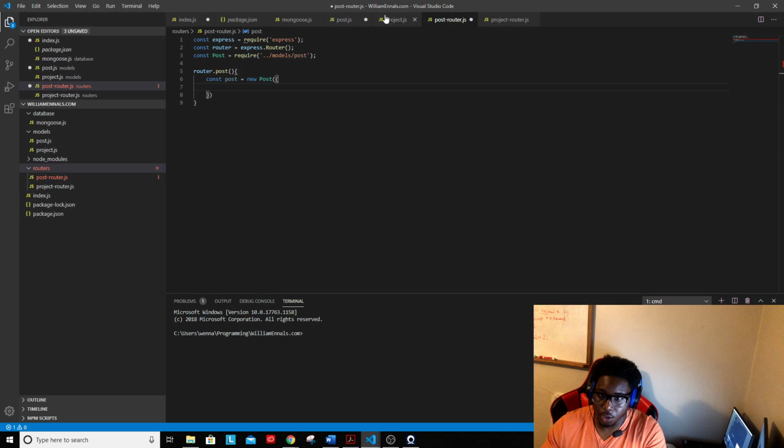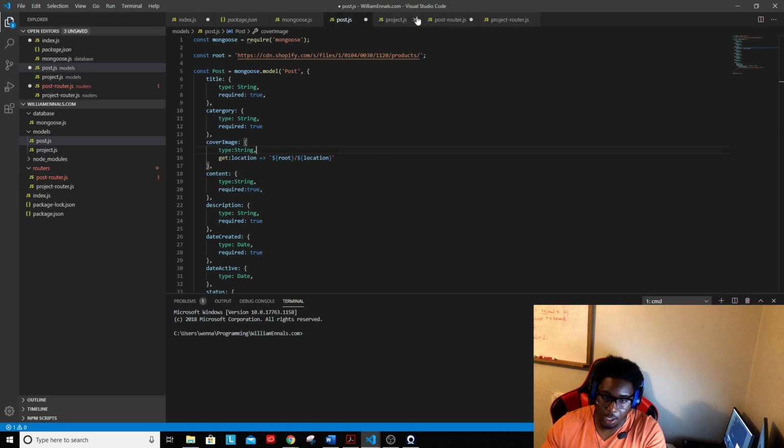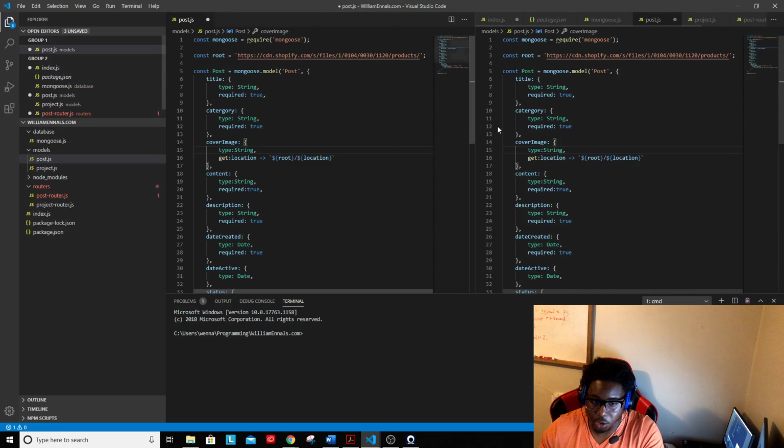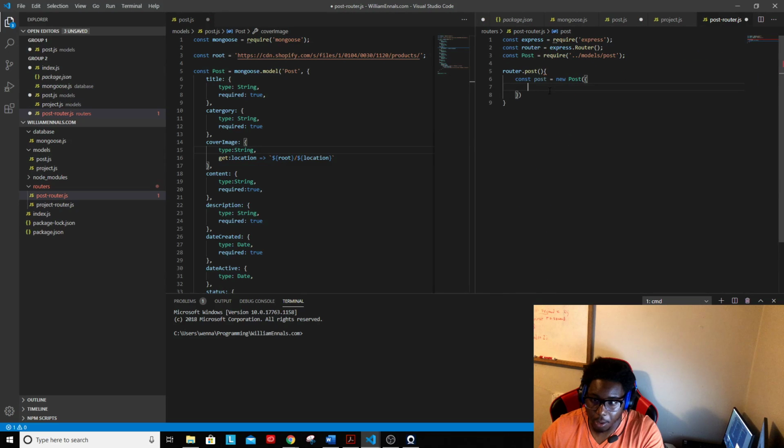So let me open this up, and there's something nice that you can do here, is you can split your screen. So now I'm going to split that to the left, and I'm going to work back over here with our router. So now we have to say title is, I believe this is how you do your object stuff. So the property title is going to be